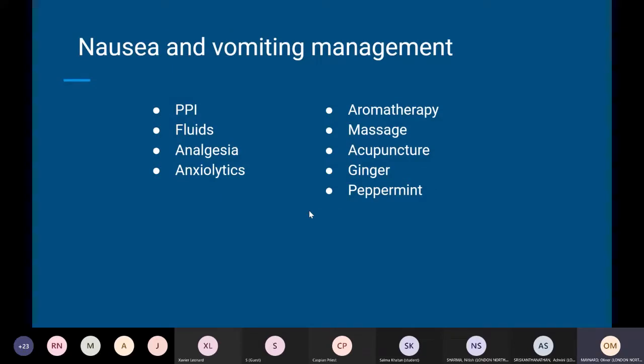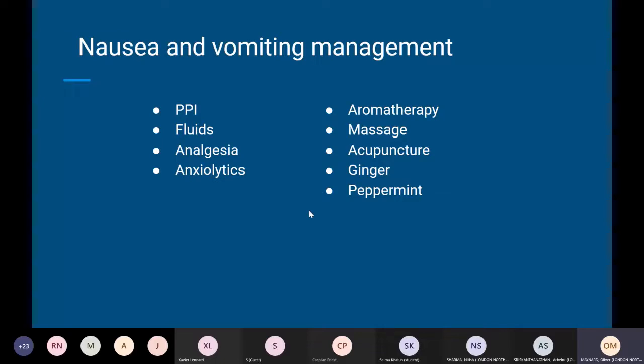So in general, in terms of treating nausea and vomiting, you have those pharmaceuticals that we've talked about, but there are also lots of other things which can help. It's a very multifaceted symptom. You can have reflux, which can cause nausea, which you can treat with PPIs. People who are very dehydrated can get very nauseous. People in a lot of pain, once you control their pain, their nausea goes down as well. People can also have anxiety attacks or be very anxious or stressed, and controlling that would actually control the nausea better than any antiemetic.